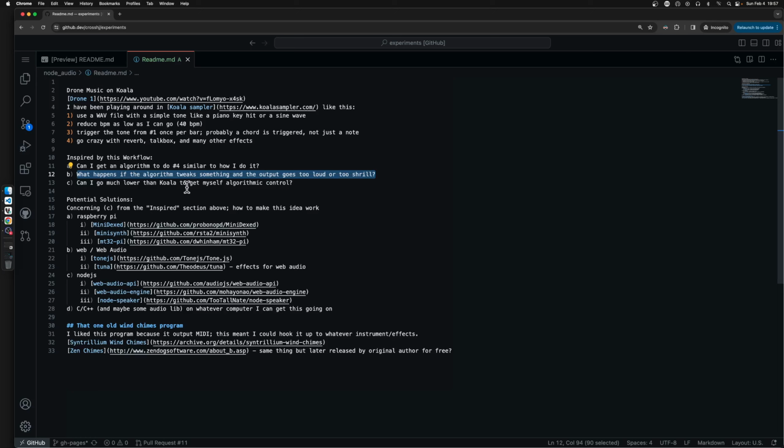Can I go much lower than Koala to get myself some algorithmic control? Because I'm not getting it with Koala. I could probably rebuild this in Fruity Loops or something similar. But why? Why can't I just have some API that allows me to generate a tone and then to